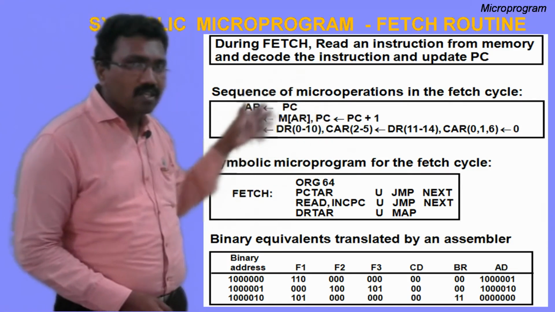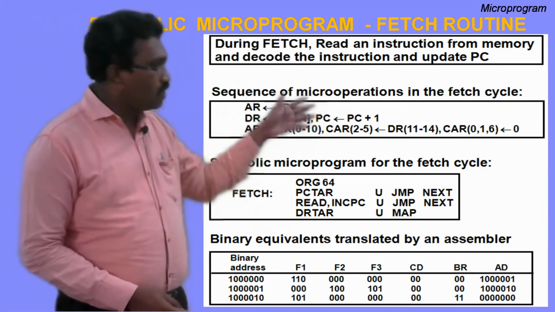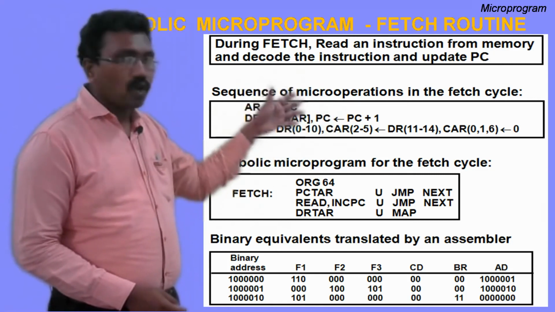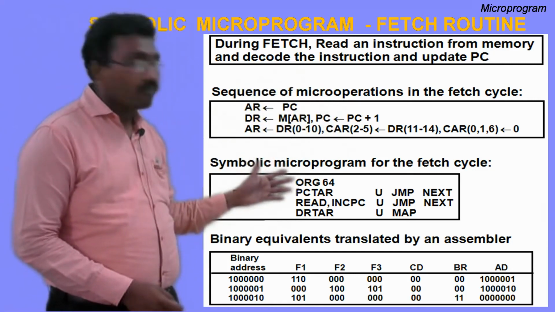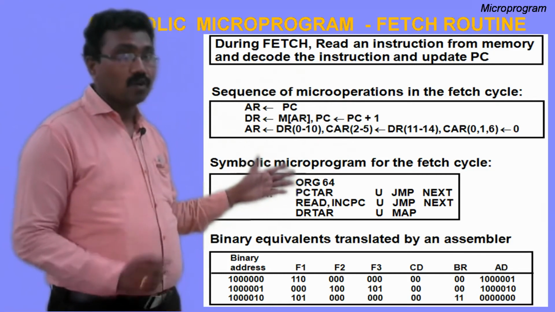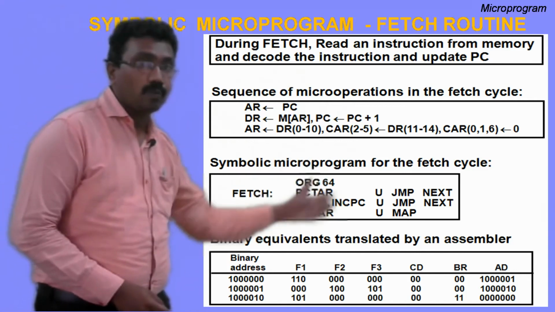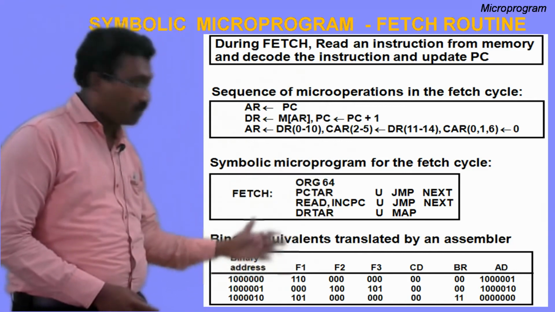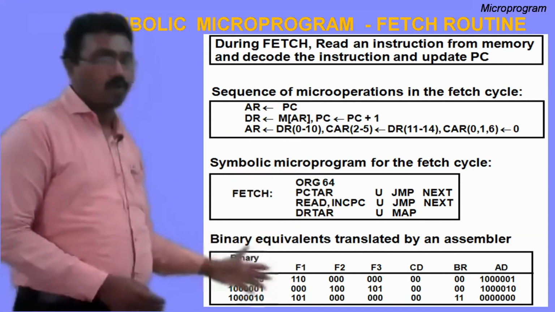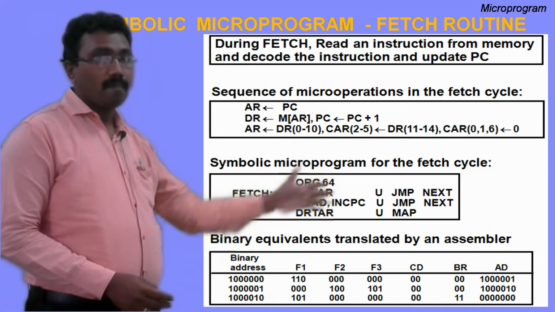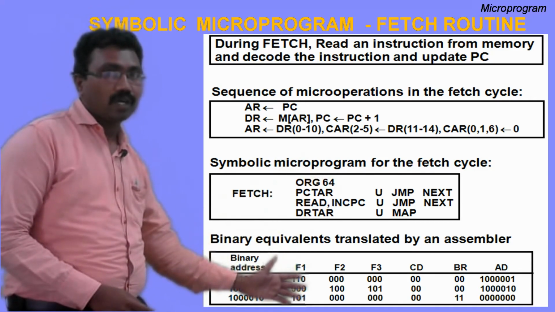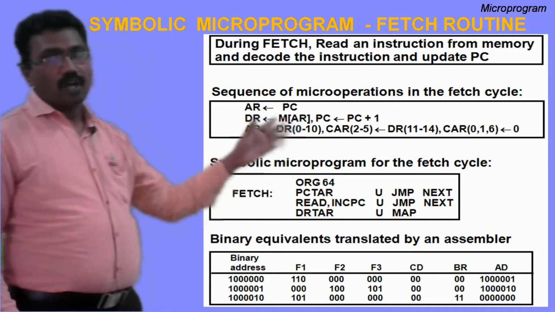To initiate these micro operations, the fetch micro program must be available in the control memory. This is the fetch symbolic micro program. Sorry, this is the corresponding binary micro program. This is the symbolic micro program, and this is the binary micro program. Is it clear? Now we'll see how to write the fetch